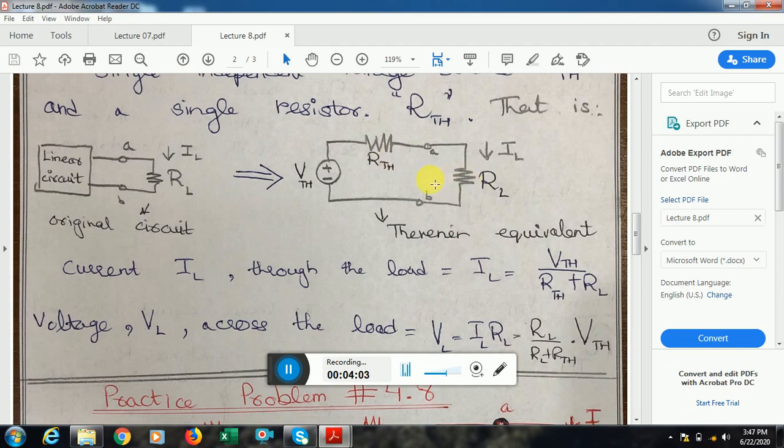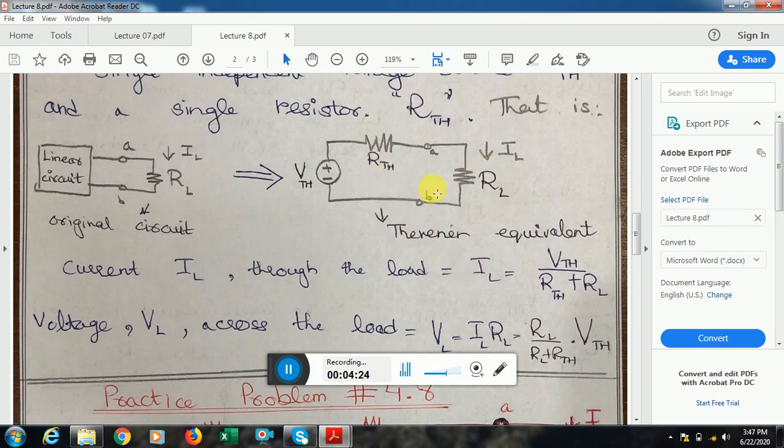So if you have to find the current, you simply add up the two resistors and divide the total voltage by the sum of these two resistors. I is equal to V over R by Ohm's law. However, if I have to find the voltage across this load, then you know that when resistances are in series,